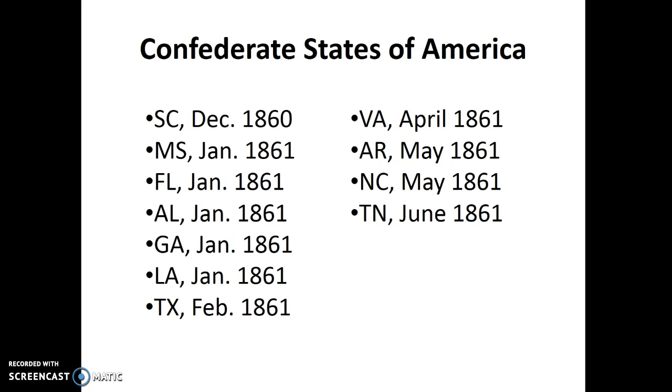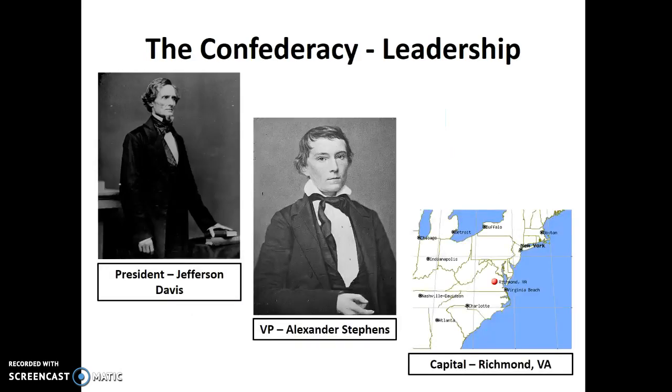Now, while the Confederacy was run a little bit differently than the U.S., because it will want to give the states' rights more power over the central government, they will still, of course, have a central government. They need a central government if they're to do battle against the North. They're not going to win anyway, but they would definitely not have a chance of winning if they allowed the states to fight separately on their own against the United States of America. They're going to have to be together if they have a chance of winning.